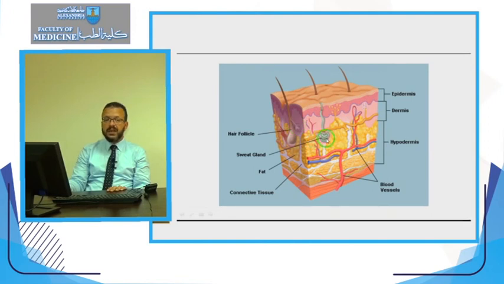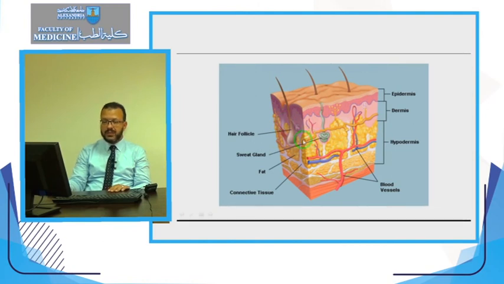These structures are considered reservoirs for epithelial tissue. That's to say that when a part of the skin is damaged and part of the dermis is left in the defect, this part of the dermis will contain these reservoirs for epithelium, and these reservoirs will be stimulated for epithelialization and migration of the epithelium in order to cover the defect.